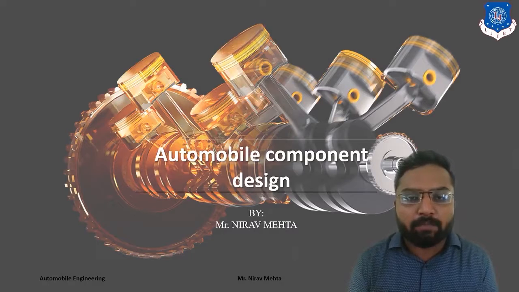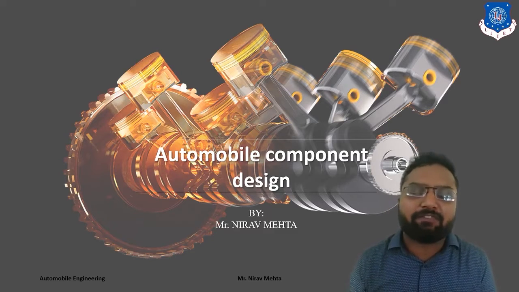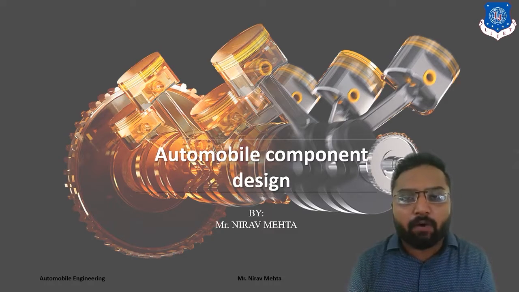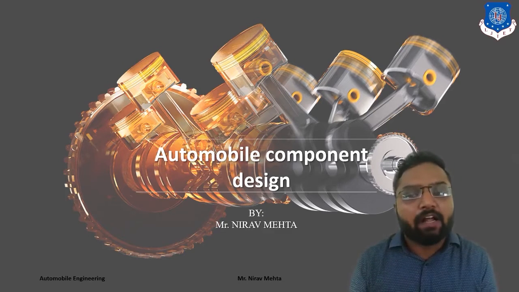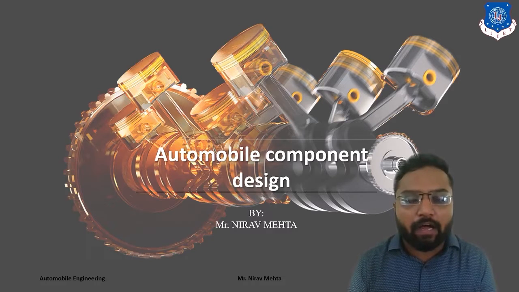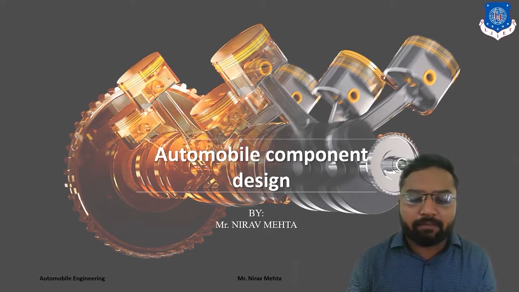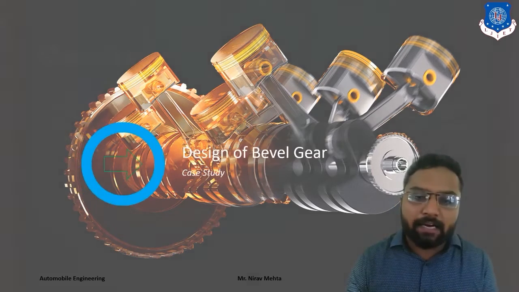Today we are going to discuss a subject called automobile component design. In this session, we are going to continue our example of bevel gear. I hope you understand the first part very well, where we discussed the thrust force acting upon our bevel gear, and we found the module for that bevel gear. Now, in this session, we are going to discuss the different criteria and dimensions, namely the number of teeth, the diameter of a gear, and ultimately the wear load acting on it. I hope you understand that point very well.